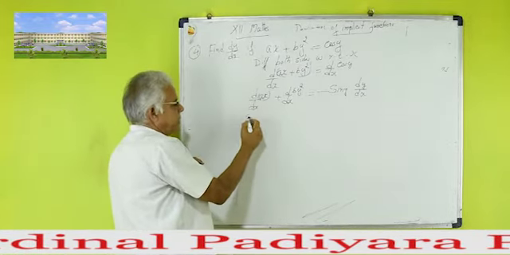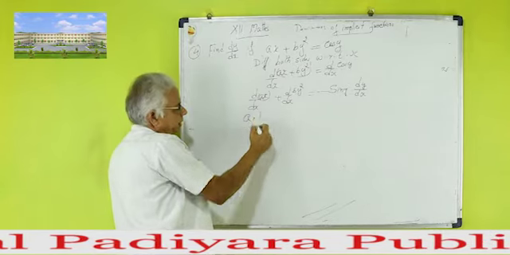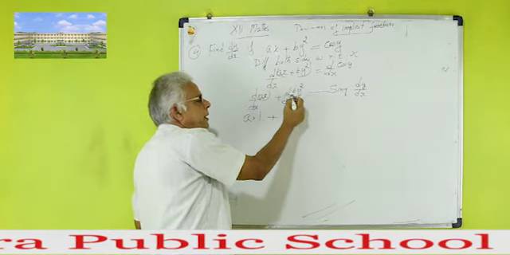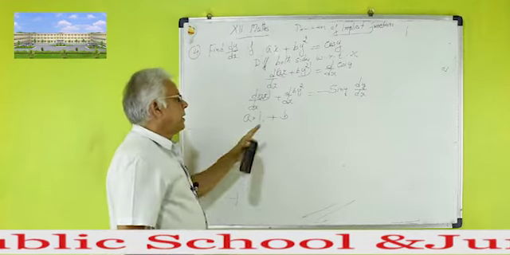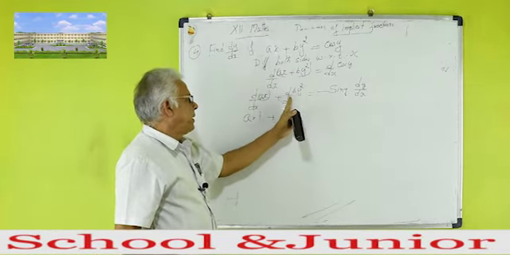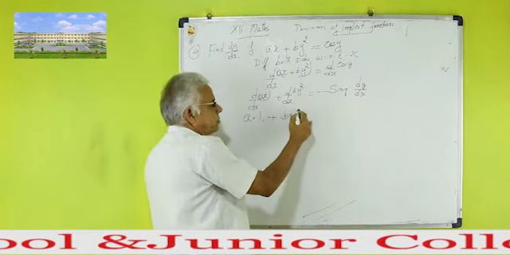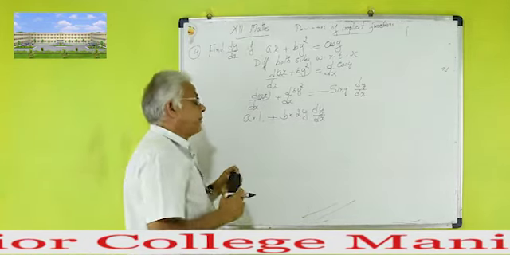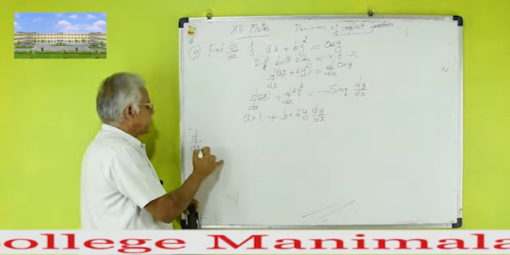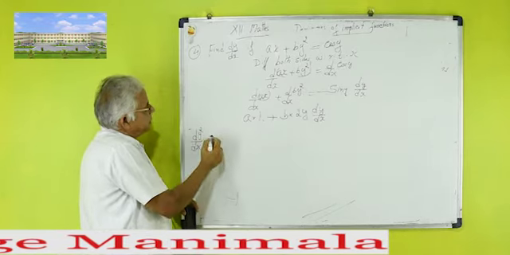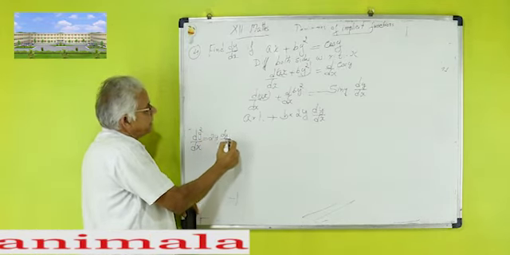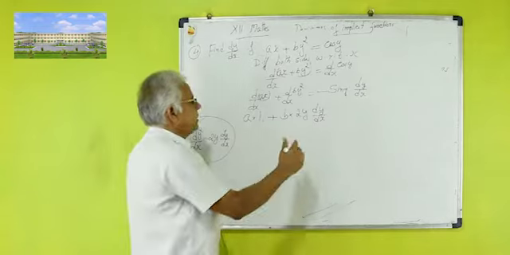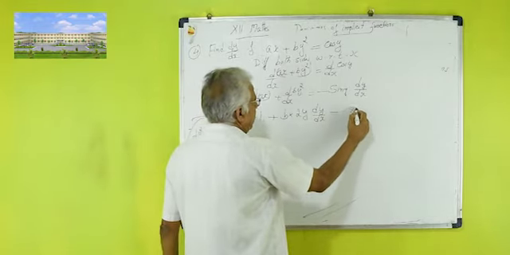Then the derivative of ax is constant a into the derivative of x. The derivative of x is 1, plus constant b into dy by dx of y². The derivative of y² is 2y into dy by dx, chain rule applied. The derivative of y² is 2y into dy by dx, using chain rule. The derivative of cos y is minus sin y